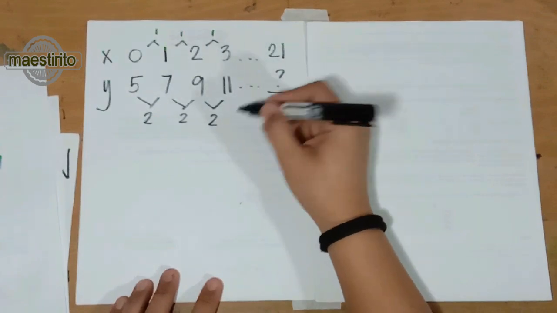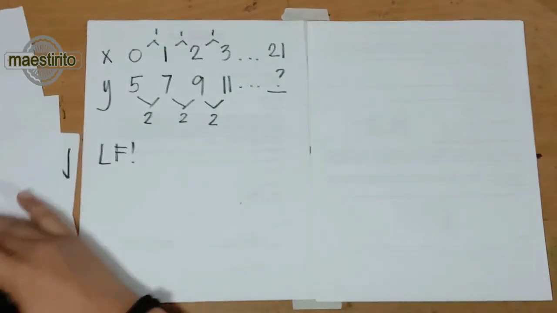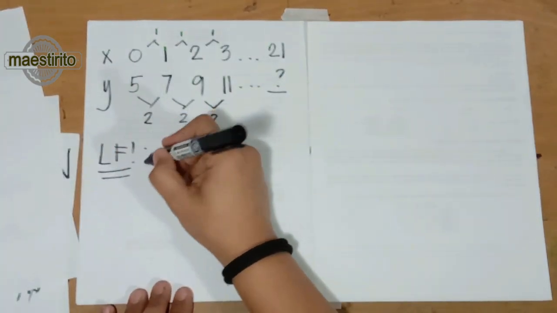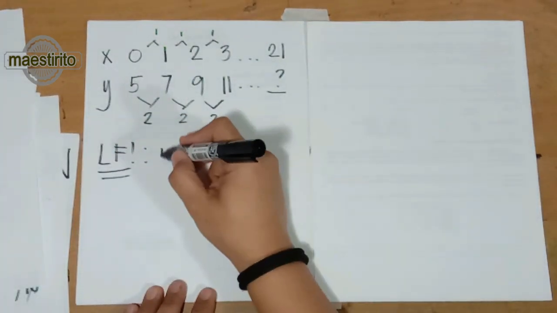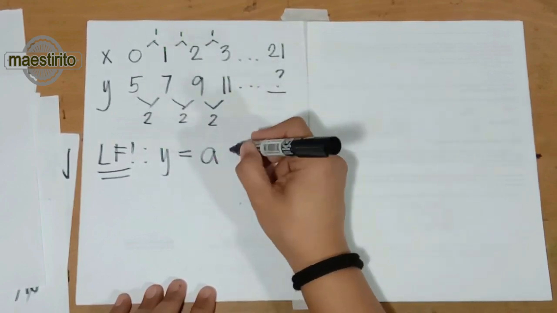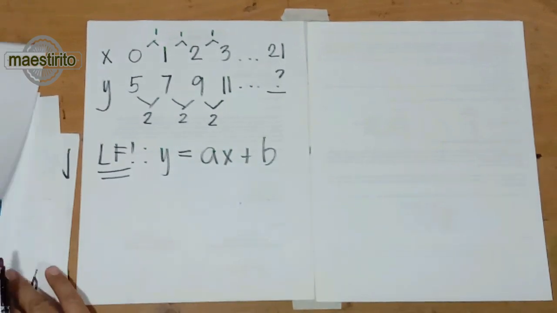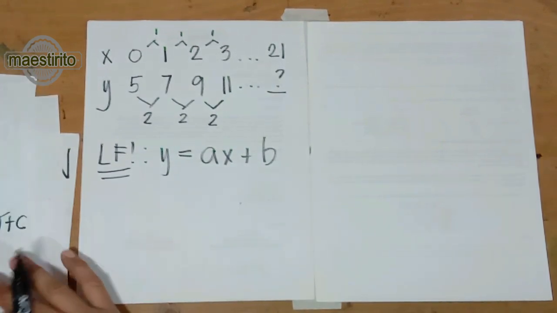First differences are the same, so therefore this is a linear function. And we know for a linear function, this is the pattern, the model, the equation, the function that we are going to follow. And going back to it, for the shortcut of a linear function,